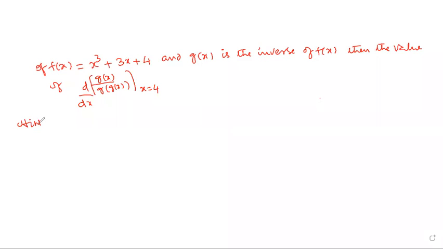See this given problem, a theoretical problem. Everyone observe, here f of x is given, but g of x is the inverse of f of x. First I will write g of x is equal to f inverse of x. Bring f inverse to the right side: f of g of x is equal to x.